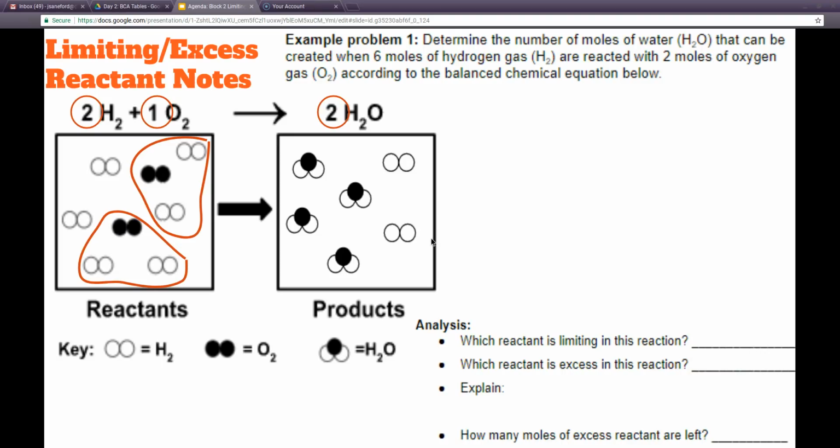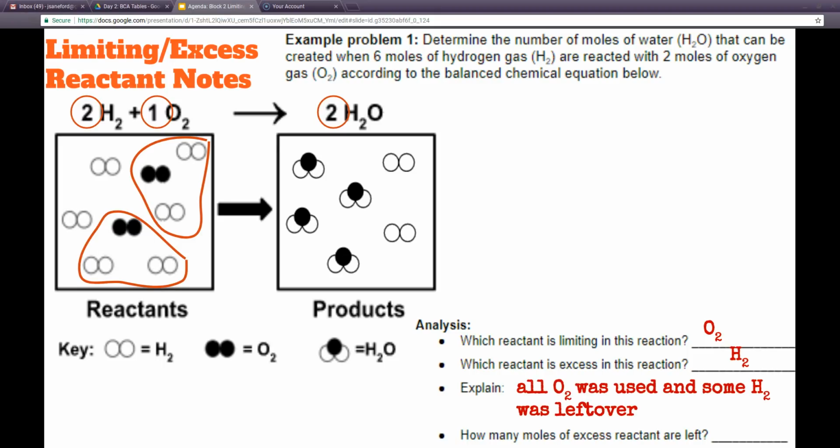So that would be the oxygen molecules, right? So all of the oxygen molecules got used up, right? There were 4 oxygen atoms, and they all 4 appear here. So the oxygen is the limiting reactant. The excess reactant, we know from our definitions that we just learned, that excess means that there's leftover after the reaction goes to completion. So because there are leftover hydrogens, we would call that our excess reactant, and it asks